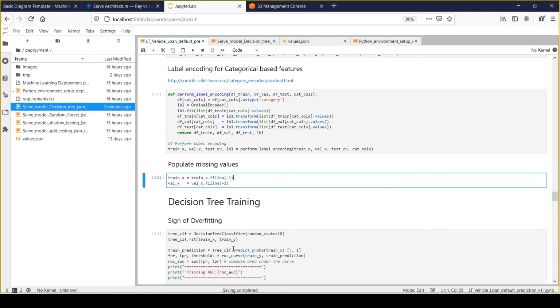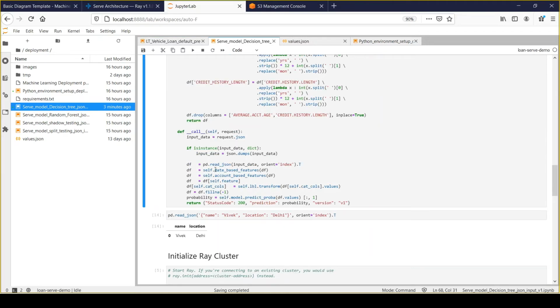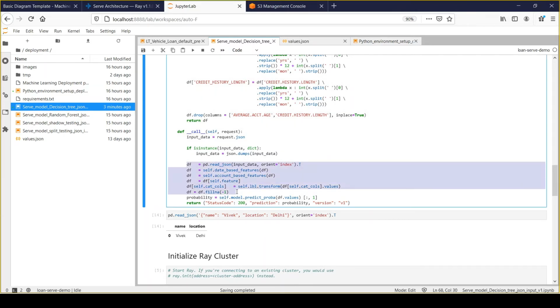So we need to make sure that whatever steps we had done as a part of the training pipeline, the same set of steps should be executed at the time of inference. Once we are done with all the preparation steps, we take the transformed data and make a prediction.